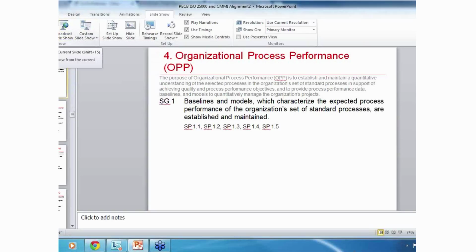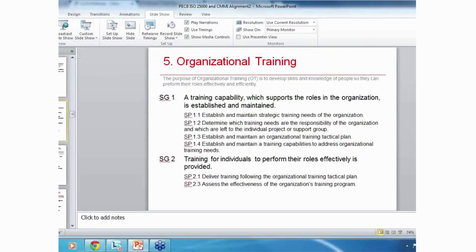I'll move on to the next one, which is training. Training is very important and is essential within the business. CMMI assumes that the level of maturity of the staff who end up doing software development